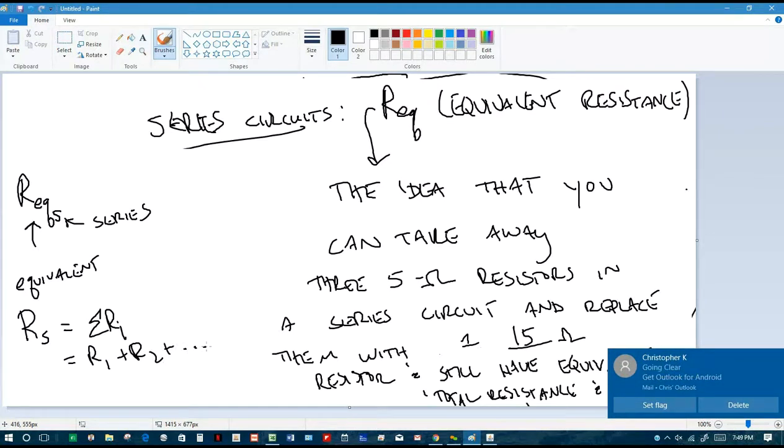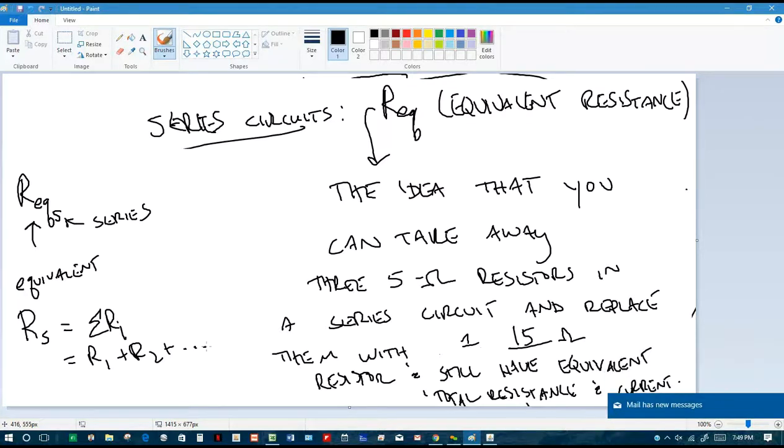But just know that whenever anybody says equivalent resistance, that's the idea. That you can just add all the resistances up and figure out what is the equivalent that you could stick in its place to have the same total resistance. All right, any questions on that? No. All right, so the very last part, so that you can finally do number 2 of your homework, is